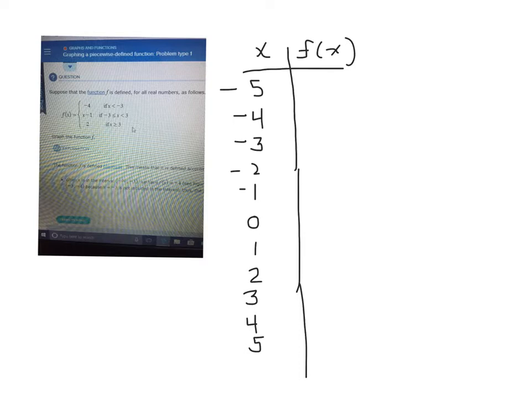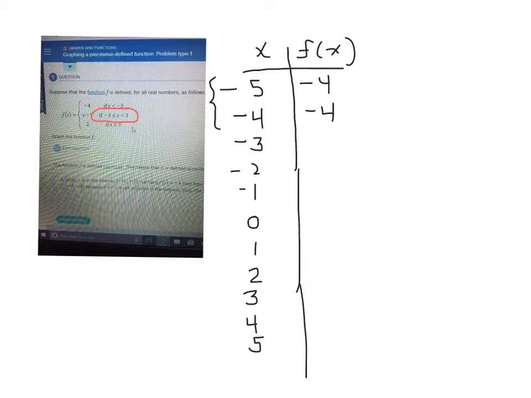Okay, Caroline, so this function is a piecewise function because it has different rules for different values of x. So first, if the values of x are less than -3, which would be like these values, -4 and -5, that function rule says that f of x has to be -4. So automatically. But when x is -3